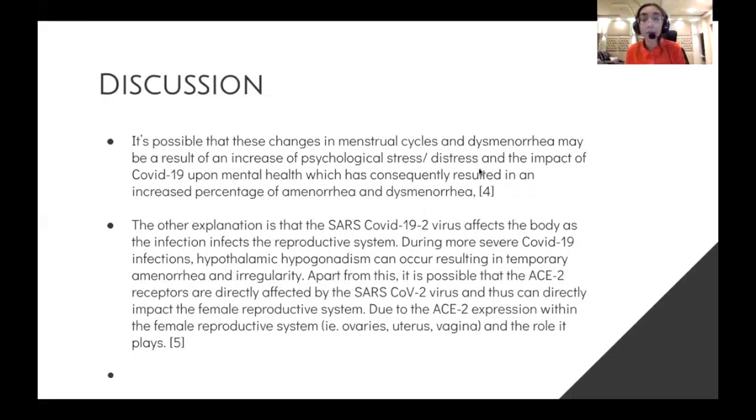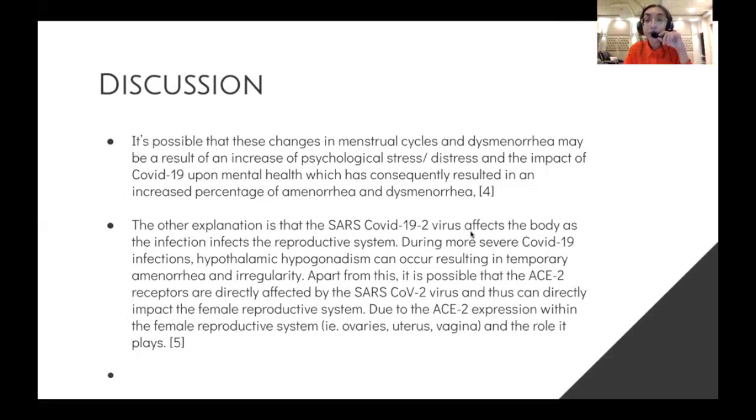However, another possibility is that the SARS-CoV-2 virus also affects and infects the reproductive system. One thing can be that during more severe COVID-19 infections, due to the stress of being so ill, amenorrhea can occur. Amenorrhea and irregularity can occur simply due to the stress placed on the body by the more severe infections. However, apart from this, another thing that could possibly be happening is that the SARS-CoV-2 virus is directly affecting the female reproductive system and attacking it,